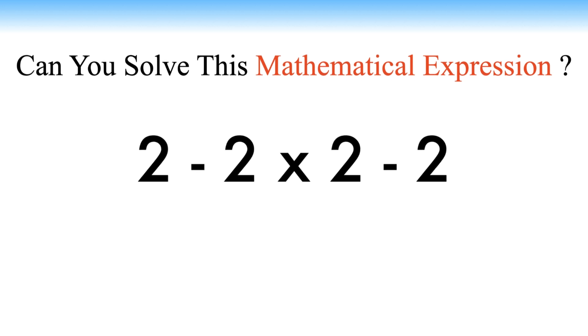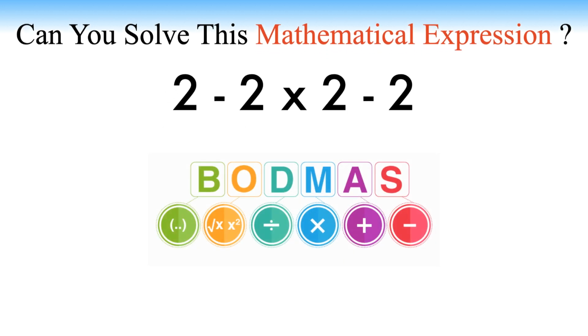You can evaluate the given numerical expression 2 minus 2 times 2 minus 2 by using the correct order of operations. When we are dealing with multiple operators like addition, subtraction, multiplication, exponents, etc., then a special rule for the preference of these operators is followed so that everyone arrives at a unique answer every time. This rule is known as the BODMAS rule, which is short for bracket, of, division, multiplication, addition and subtraction.